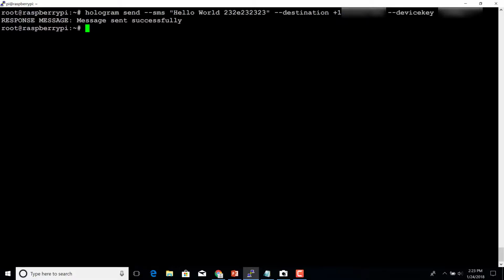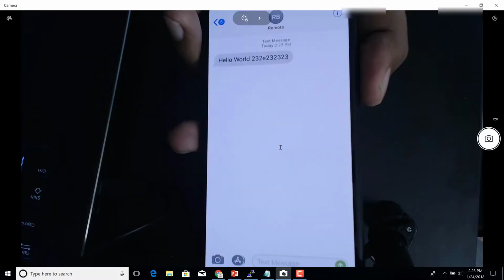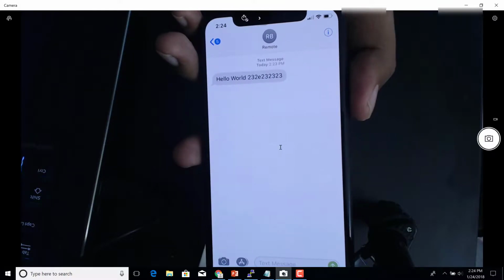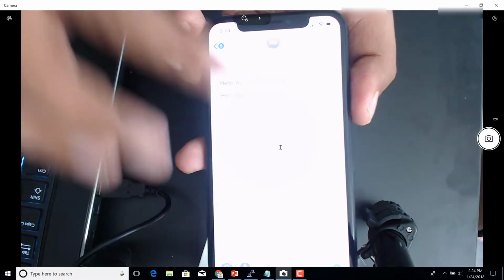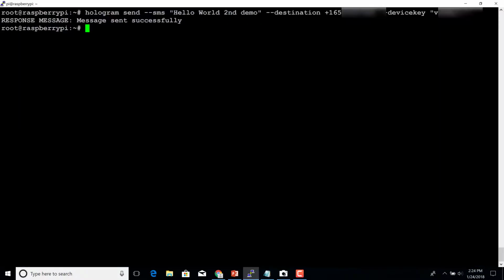And let me do a Control-L, go back here and say, hello world, second demo. And I've hit enter. Let me jump back here so you can actually see the message come in live. There you go. Right, fantastic. So this is how we can actually send messages using hologram, and I can see how easy it